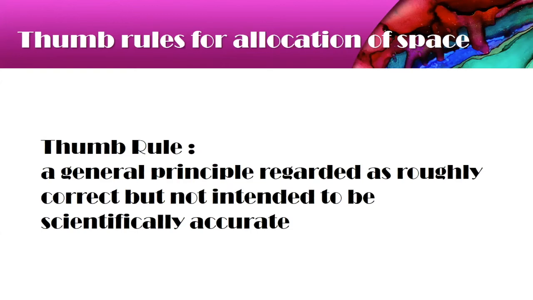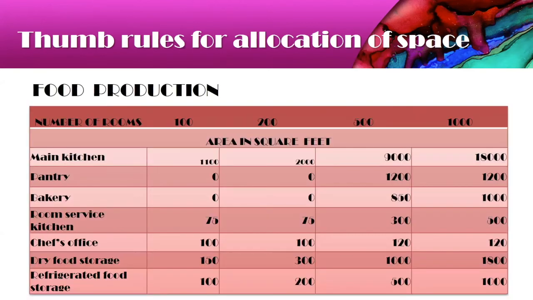Like in food production, if you are told that for 10 people, if you're cooking rice, maybe 1.5 kgs is enough. I'm just taking rough figures. It is a thumb rule, but sometimes it cannot be scientifically accurate. If there are 10 people, 1.5 kg is enough. You have to sometimes do modifications to it. So thumb rules are such rules which generally hold true but cannot be scientifically accurate. So we'll see the thumb rules for allocation of space in a hotel.